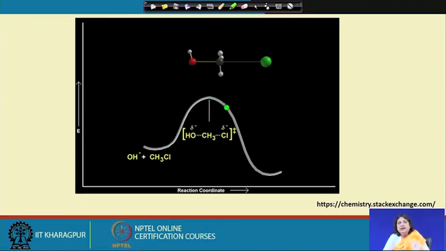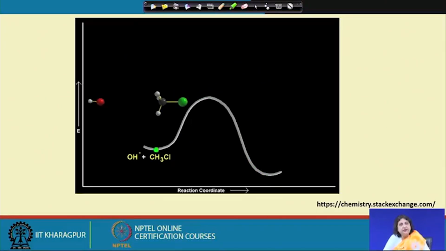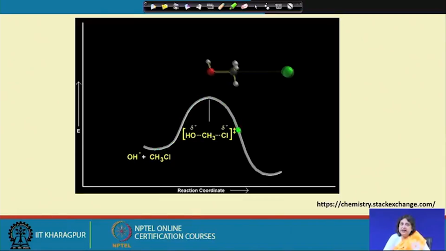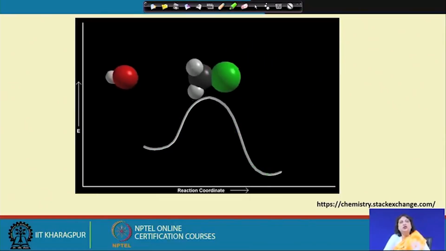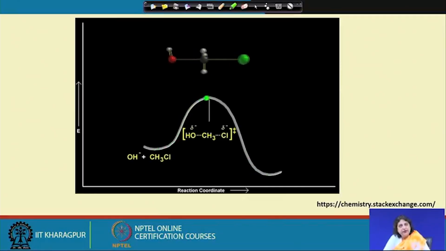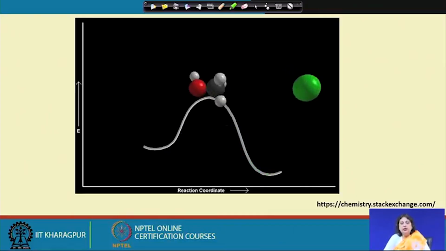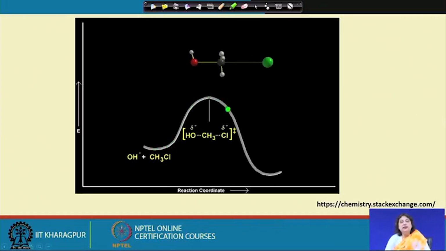As you see, as the system samples many microscopic states accessible to it during the reaction, this is how the chemical reaction is represented as a motion of a ball along the reaction coordinate, starting from the reactant well and climbing the activation barrier, and then finally relaxing to the product well. So, this is the molecular picture, and the many different ways that the system can do this is the array